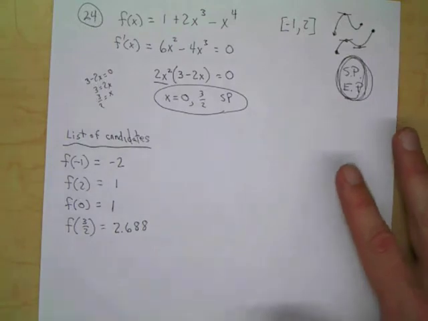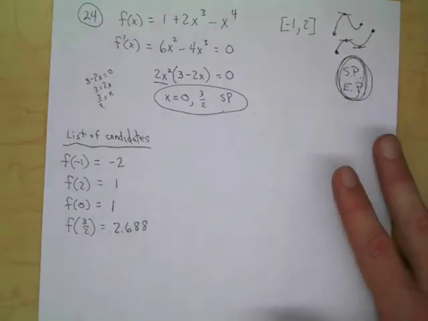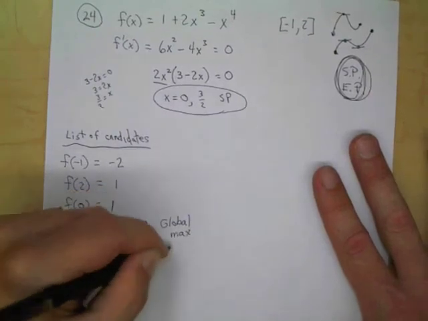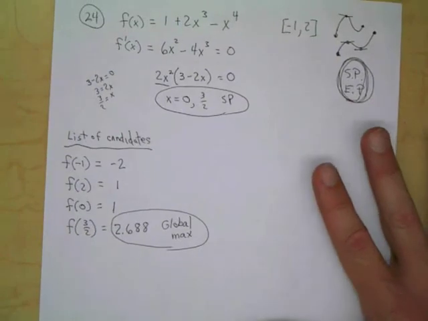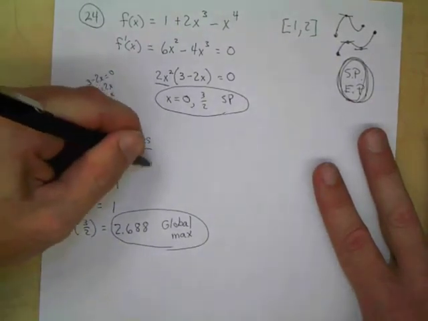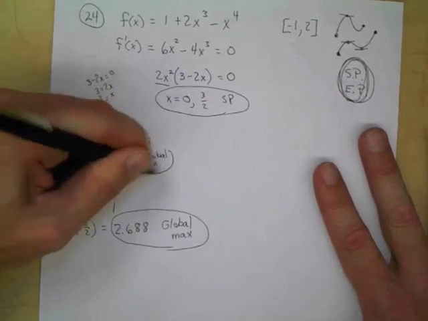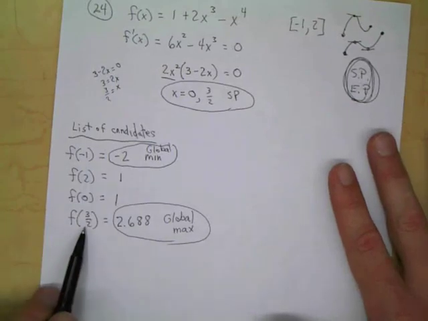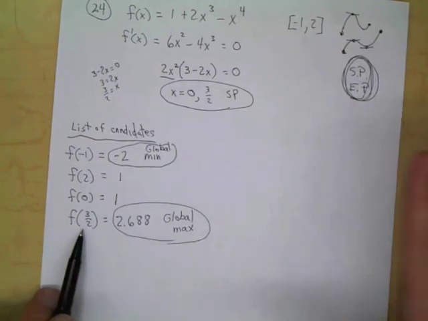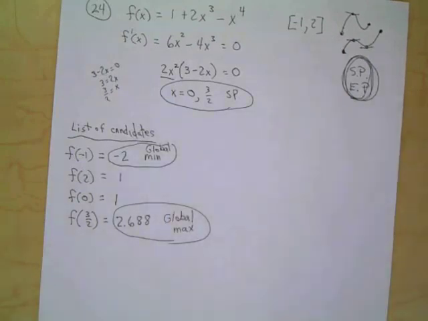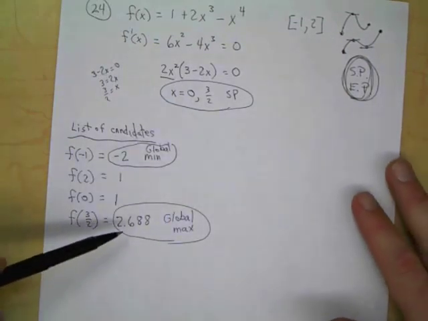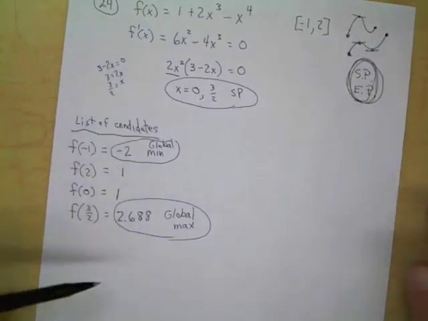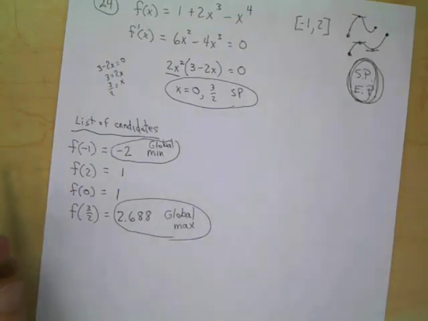Okay. So here's what you do. They ask for the global max and min value. So what they want now is the output. So right here, I'd say there's my global max, or you could just say your max. I wouldn't circle the whole point. I just want the y value. And my global min is right there, negative 2. So the minimum was back at the left endpoint at negative 1, and my maximum was at this stationary point right here, 3/2. Now, if you would graph this from negative 1 to 2, do a zoom fit, you should see that those would agree. But this is using the derivative and using the ideas in the chart, using equations as opposed to using graphs, which we did the